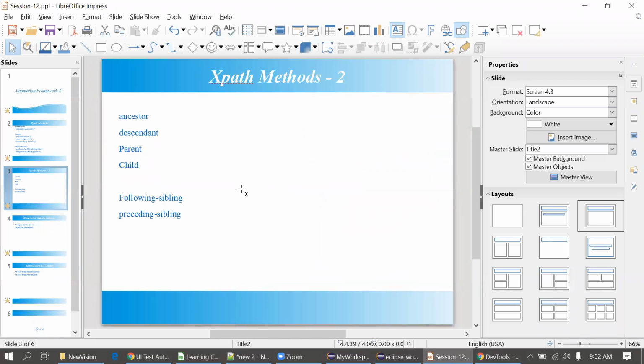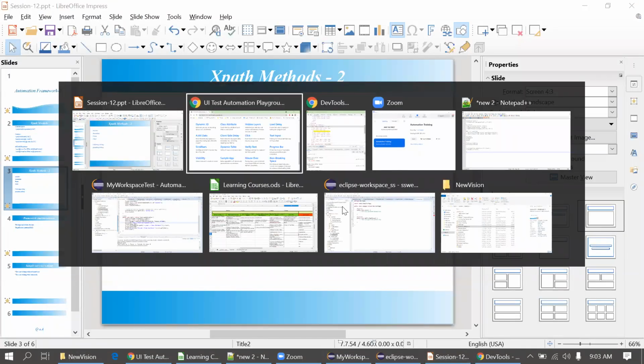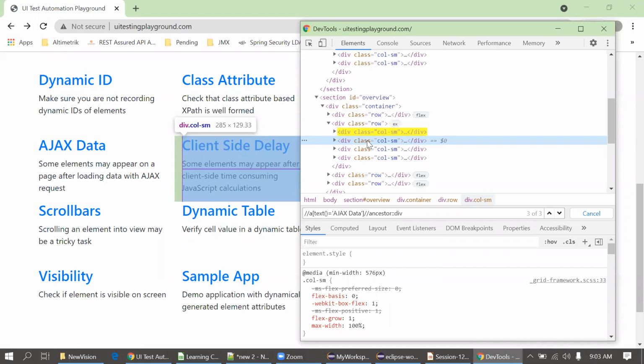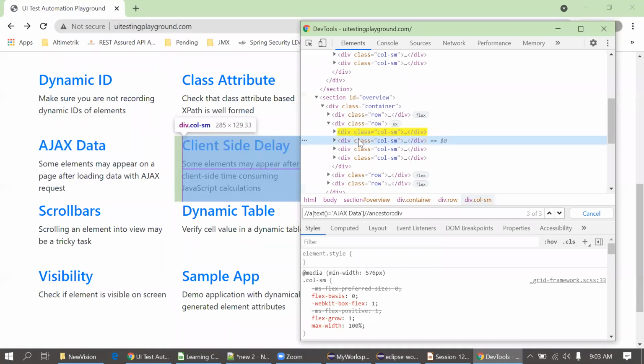Yesterday we also saw following sibling and preceding sibling. I'll repeat it one more time: suppose we are at this position. If you want to go to the previous sibling, this is a preceding sibling for this, and these are the following siblings.